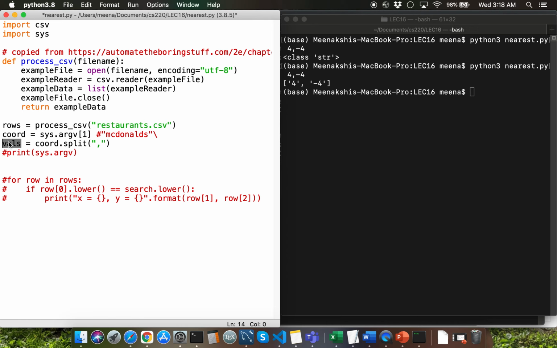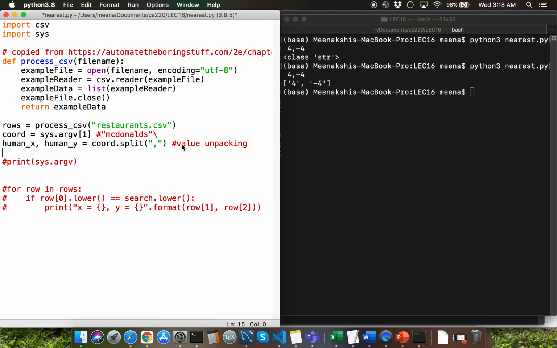When you know that a particular list contains a certain number of values, you can directly mention that many variables separated by a comma. I know that the vals list is going to contain exactly two values, so I can simply say human_x, human_y in place of vals, and this particular concept is called value unpacking.